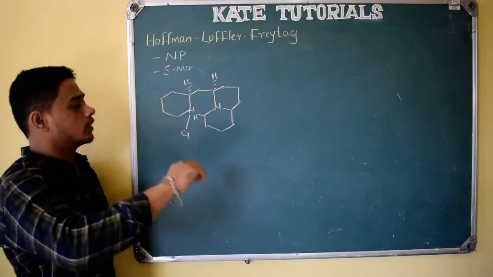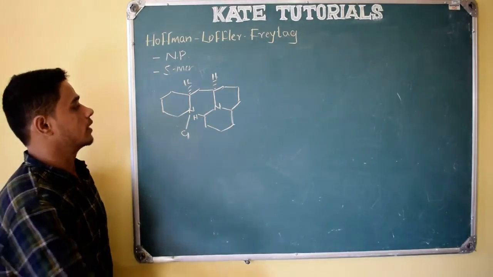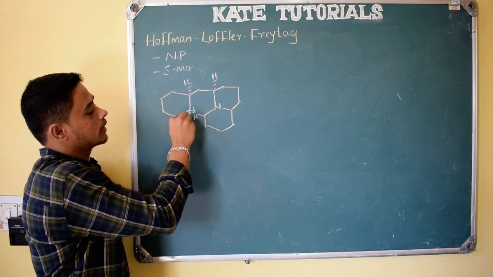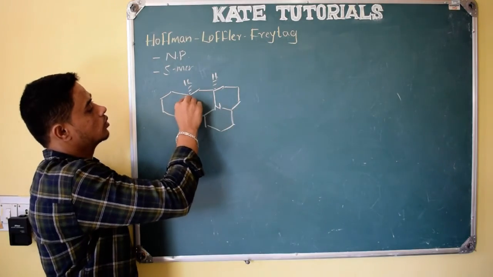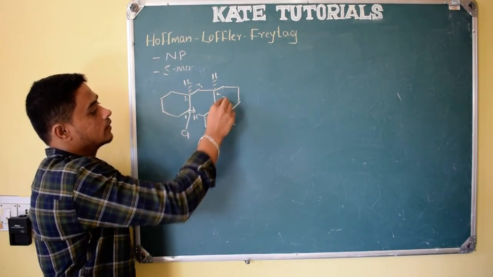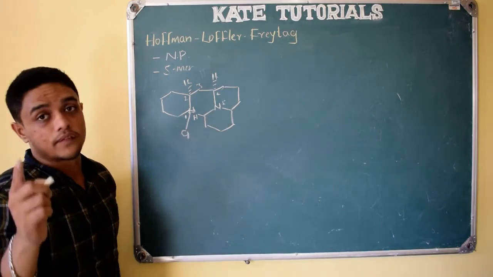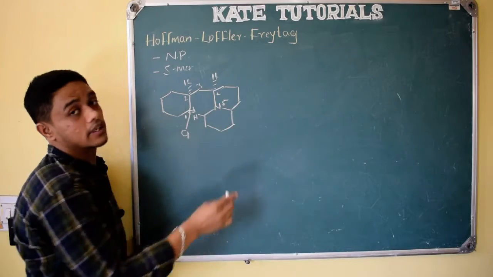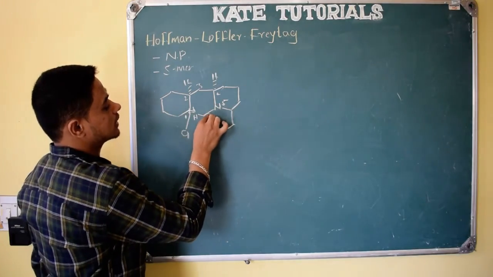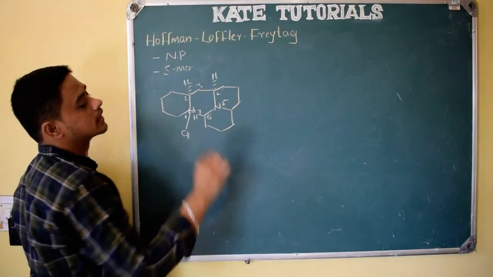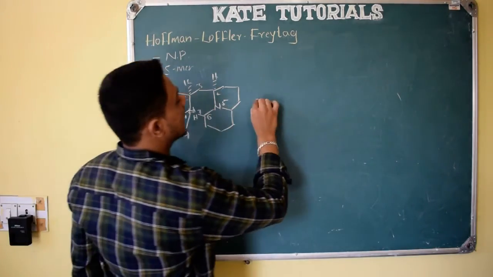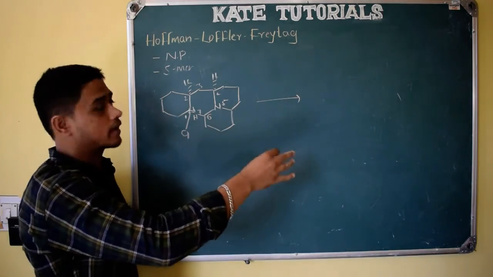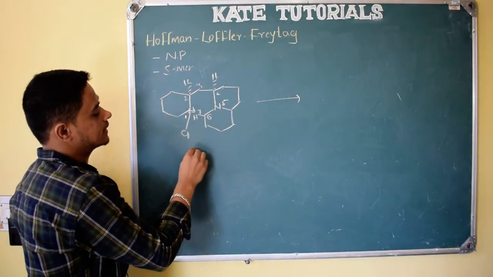See here, the numbering I have told: the nitrogen-containing heteroatom should get 1. Here also a nitrogen atom, here also a nitrogen atom, but it is attached to a heteroatom, so it should get 1. So 2, 3, 4, 5. I have told till now that the 5th carbon should have hydrogen, 6th hydrogen. But here at the 5th position carbon is not there, but nitrogen is there. The 6th position has carbon, but here 7th hydrogen is there. But the reaction has happened. This thing we have seen in a paper. So this is the exception.